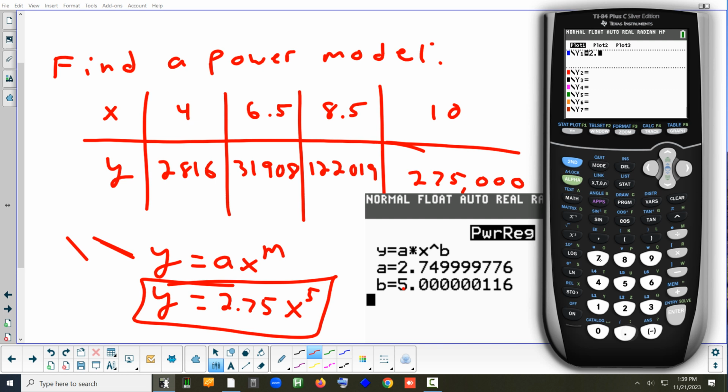Type in your equation. 2.75 x to the 5th. And if we did it right, the curve should go perfect right through those points. And that's how you find a power regression. Okay. Any question on that? Okay, so